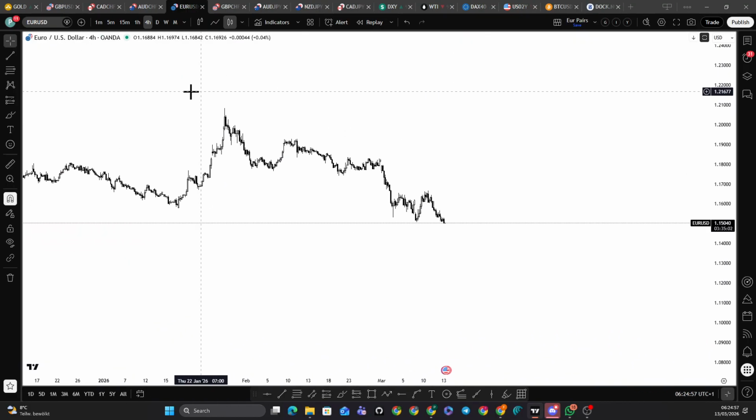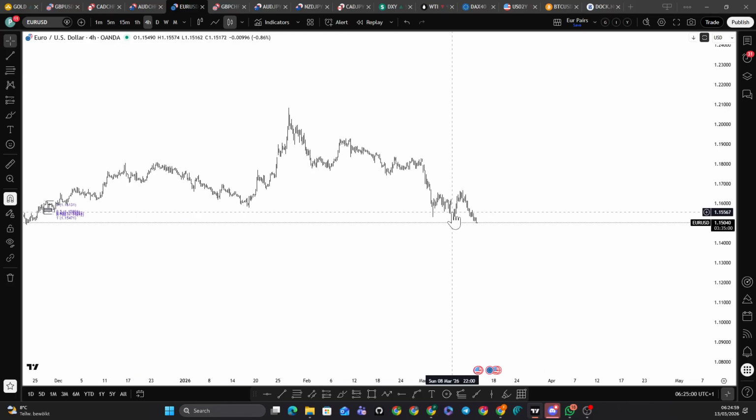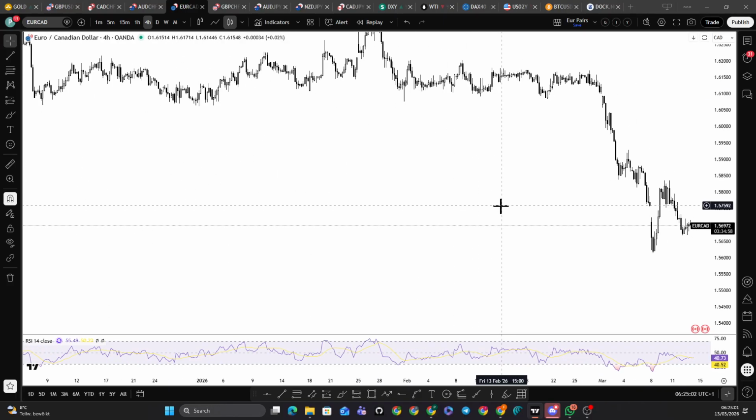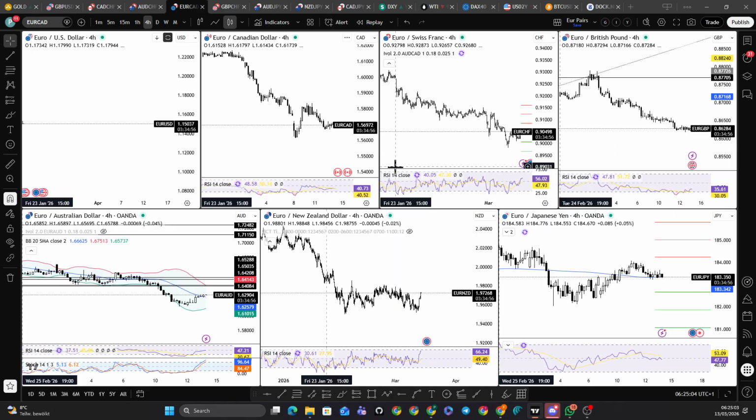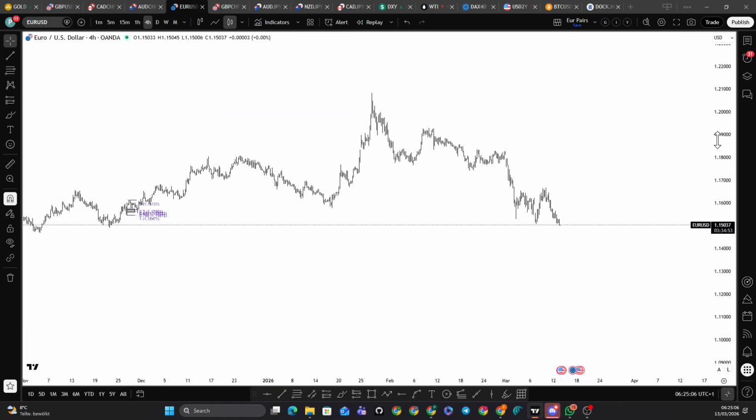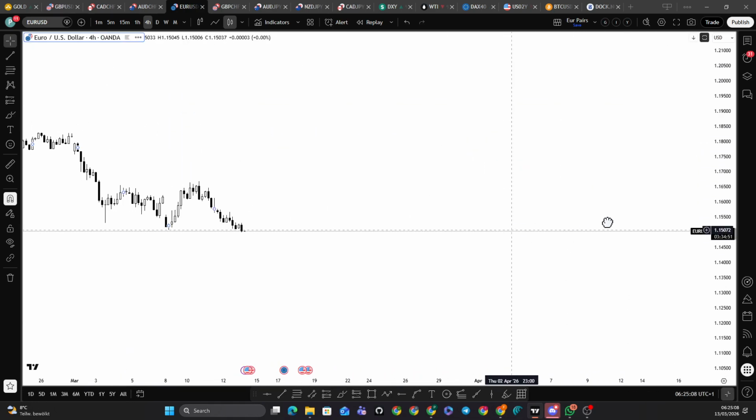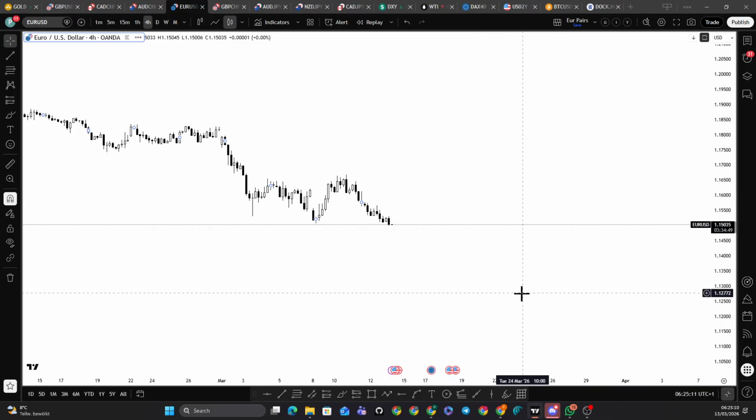But when talking about the euro, still I have no clear catalyst to buy euro. For example, EUR/USD, I don't want to buy EUR/USD at this level, in these scenarios, because